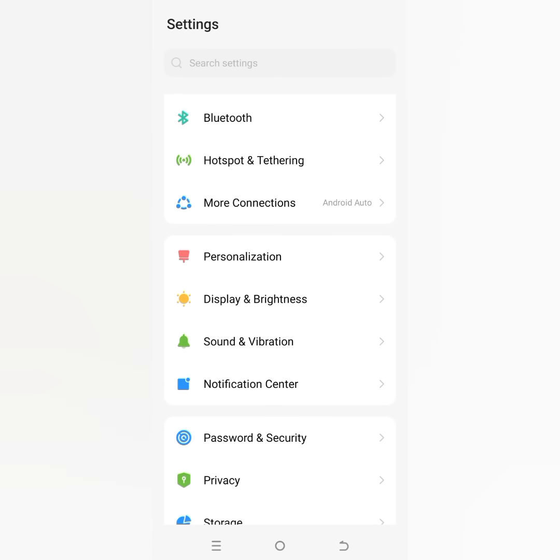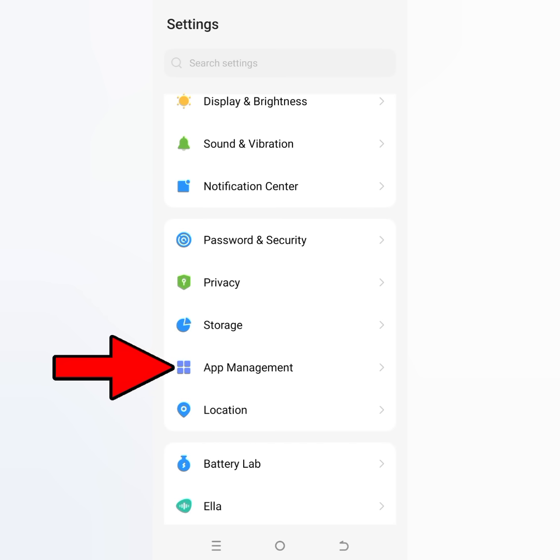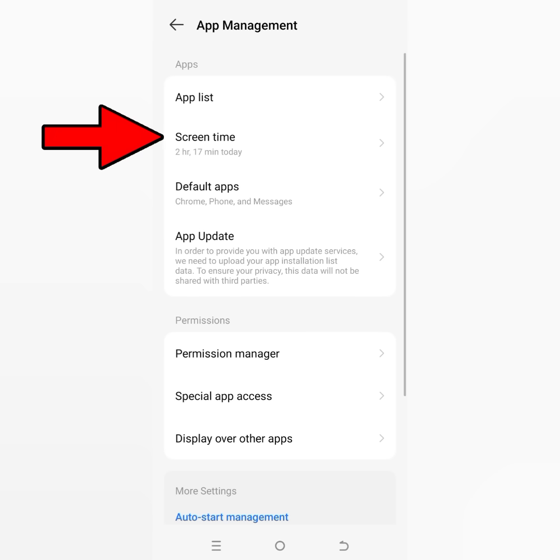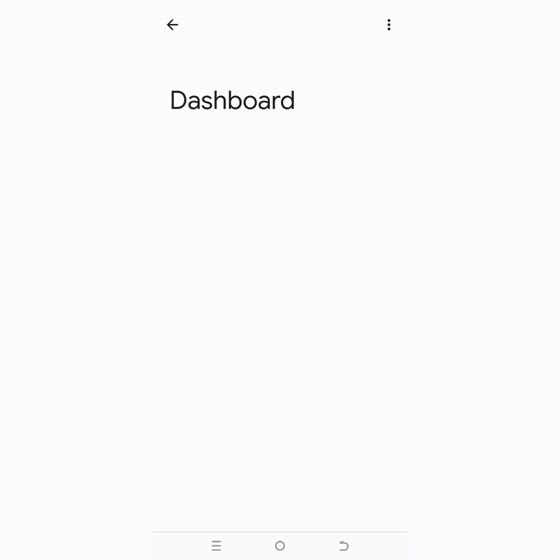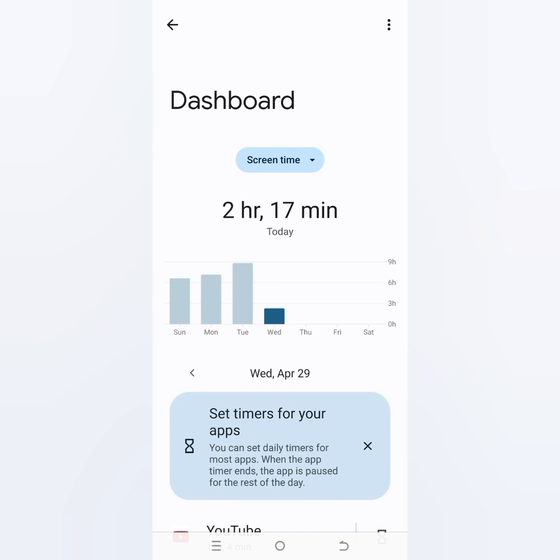As you open your phone settings, go to app management. When you go to app management, you will see screen time. Just tap on that, tap screen time. When you tap screen time, it's going to show you for that day, like today, 2 hours 17 minutes. So you are going to see different days if you check them, and the apps that use the time, how